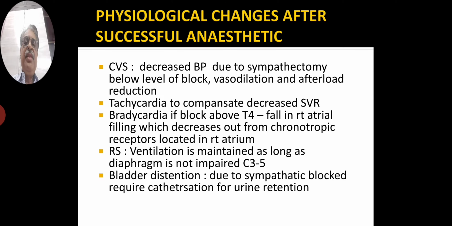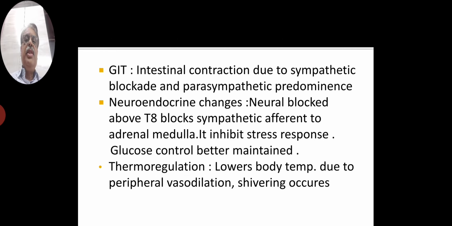On the respiratory system, ventilation is well maintained as long as diaphragm is not affected or impaired. The root values of diaphragm are C3, C4, C5. That means if height of the block is below that, ventilation will be maintained. Bladder distension: due to sympathetic blockade, there is bladder distension and it requires catheterization for urine retention. On GIT,